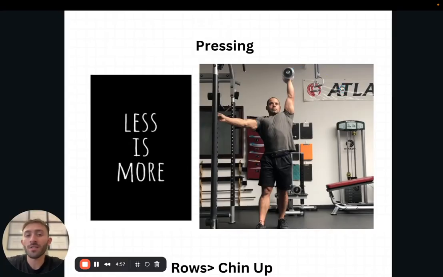And so by strengthening the overhead press, your bench press is going to go up, and also your pain level is going to go down in your shoulder because the overhead press is also working not just the shoulders and the triceps, but also the stabilizers in the upper back.